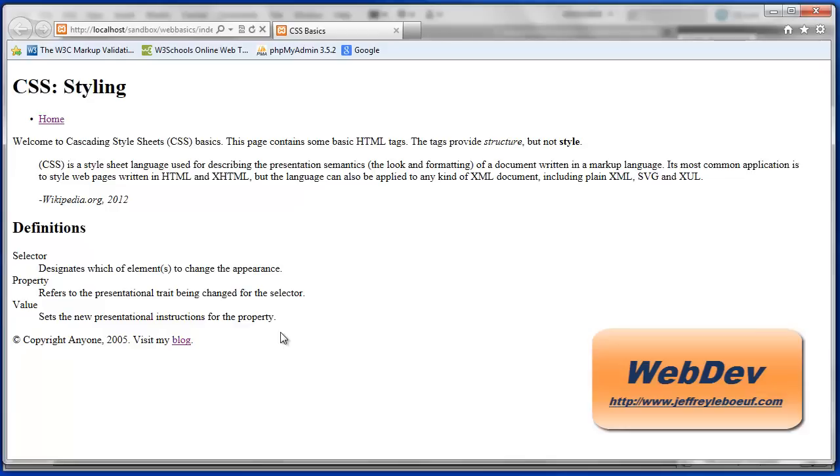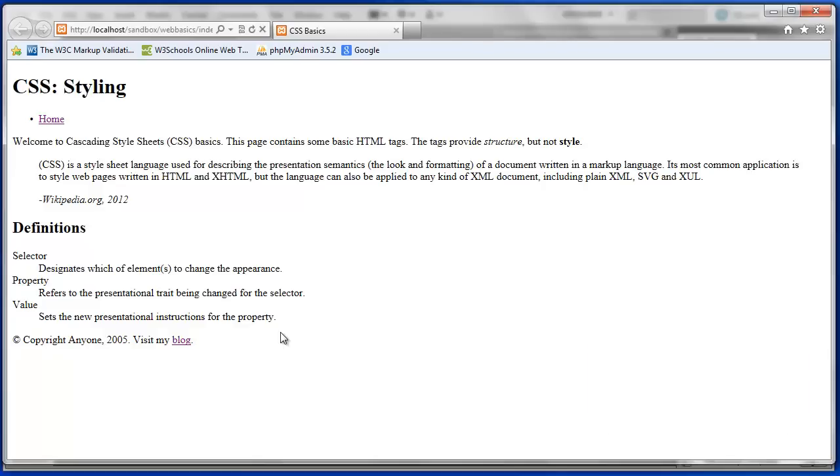So we've been talking about HTML in past videos and how we just use it for structure. And although there are tags that can provide some presentational control, it's generally accepted that CSS is a more appropriate